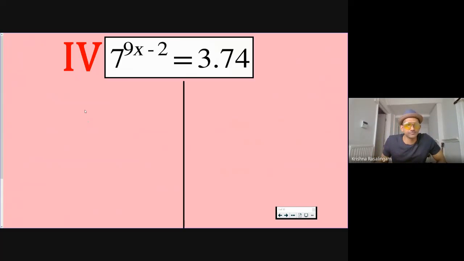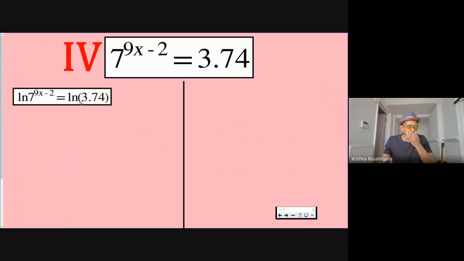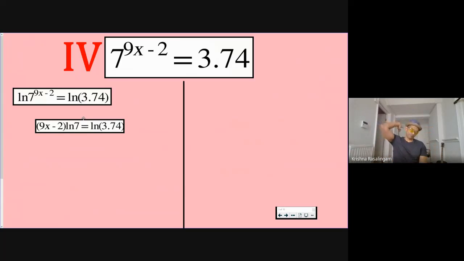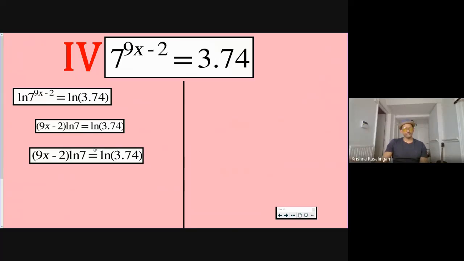Ln it first. Bring down the exponent. Now what? Exactly. Expand the brackets. And that's the same step, isn't it? Expand the brackets. And then